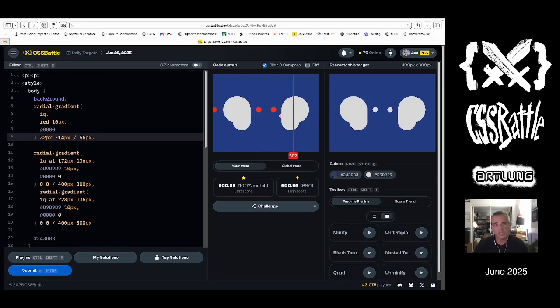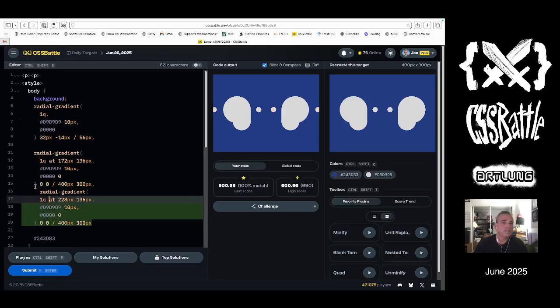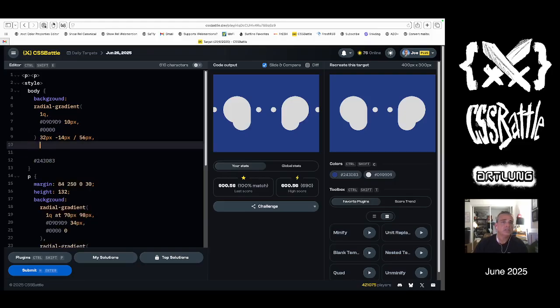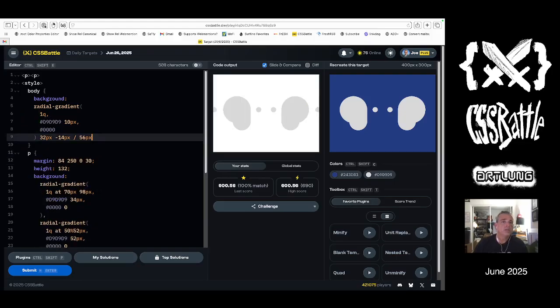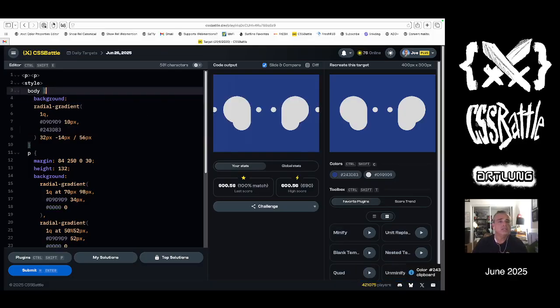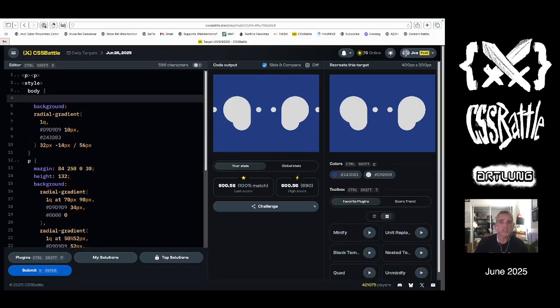But we see that it does repeat a little bit, but that's okay. Because we have 2 radial gradients where we needed all of this. Well, we didn't need this extra stuff, but that's still a nice, efficient way to do it. So I am going to put the blue there. And then just because I'm feeling cheeky,